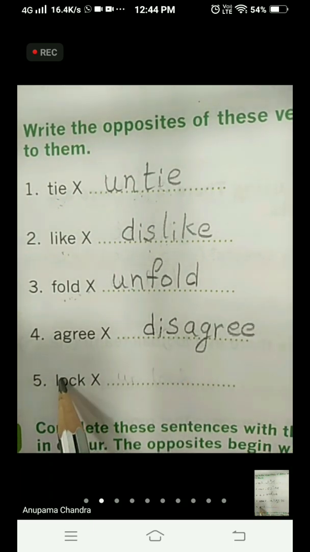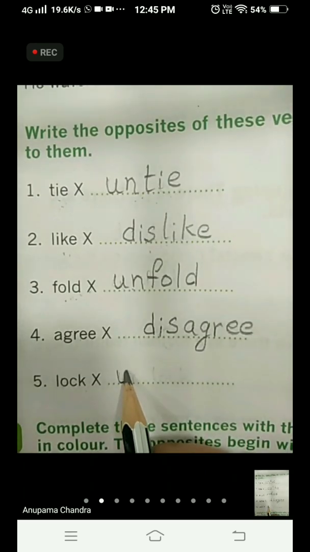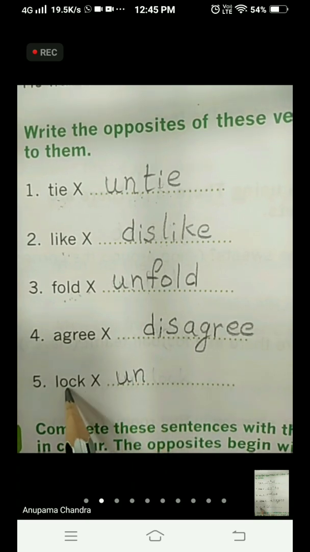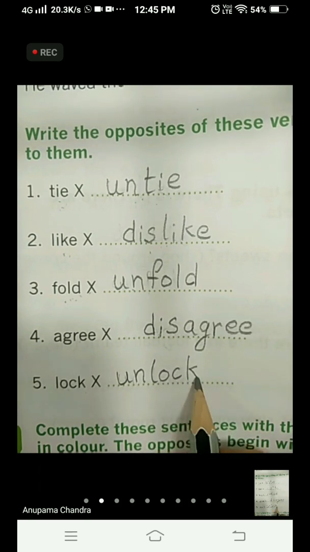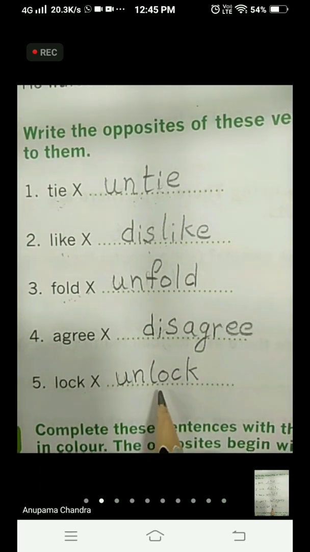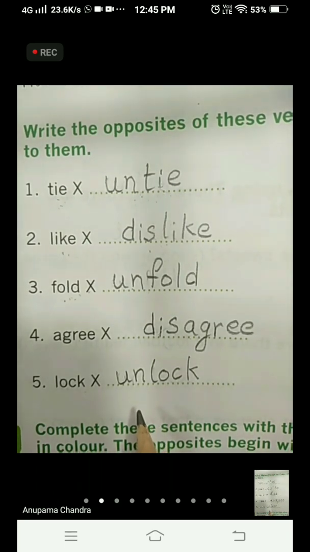And the fifth one, L-O-C-K, lock. Now for lock we will use UN to make the antonym for the word. Lock, unlock. Now children, you have to remember where to use UN and where to use DIS to make the antonym for the word.